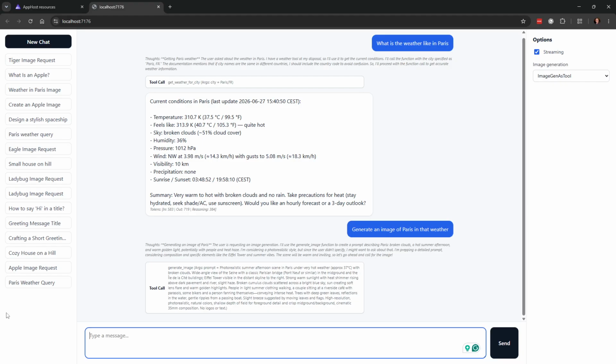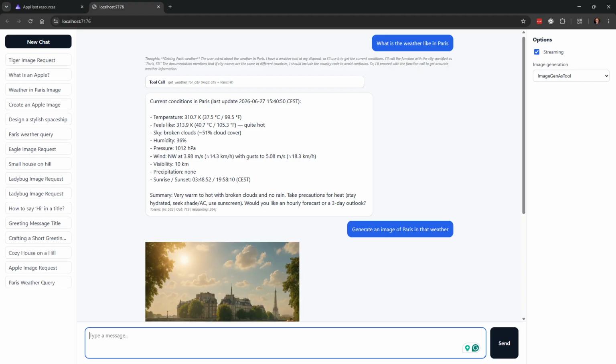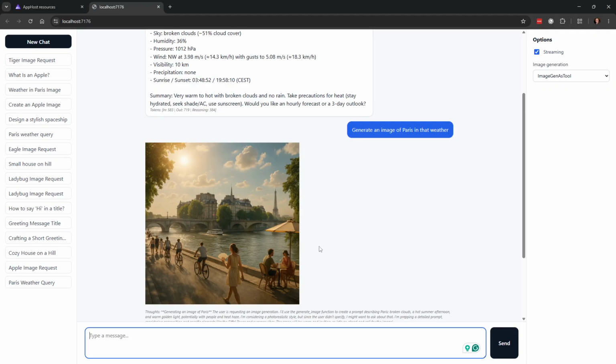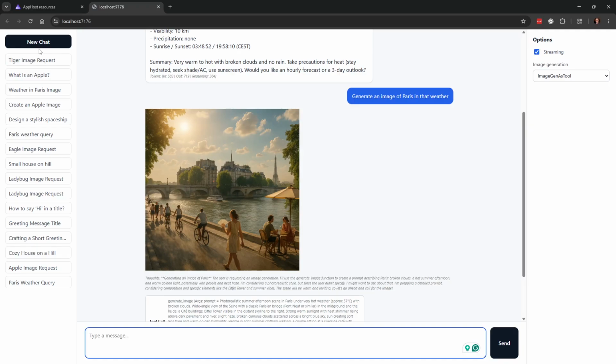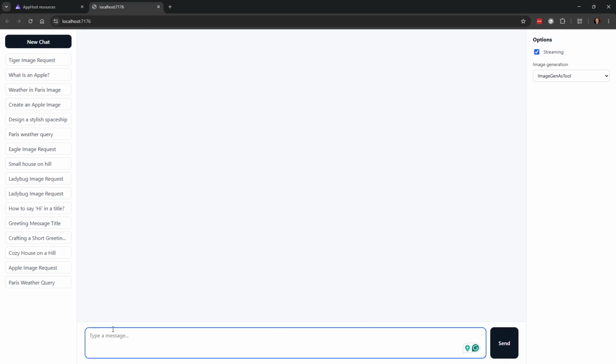But I will pause the video for the image to... Oh, there it is. So it showed an image. It's sunny. It has the hot glow and so on. That makes total sense that it did that. And had we had some other weather, it would have given something else. But let's see what happens when I give this prompt where we actually try and change the two tools, the weather tool and the image tool.